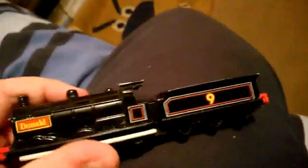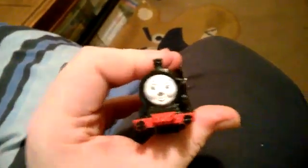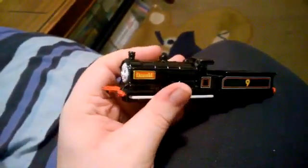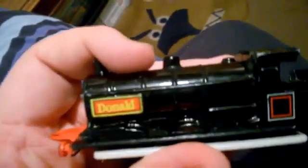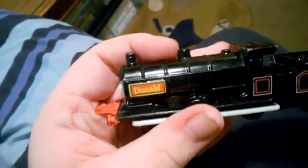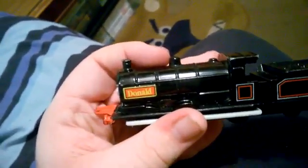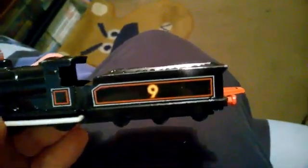Anyway, moving on to the next engine, we have Donald, the Scottish twin, who is brothers with Douglas, his other twin. So there's his nameplate. Yeah, there's Donald's nameplate, and there's number 9 with his tender, and his funnel and all that, and his tender,